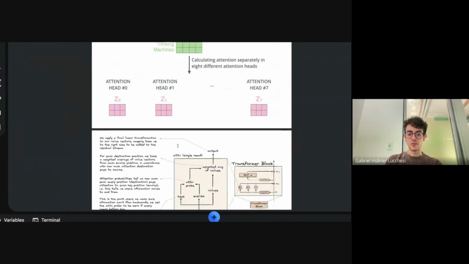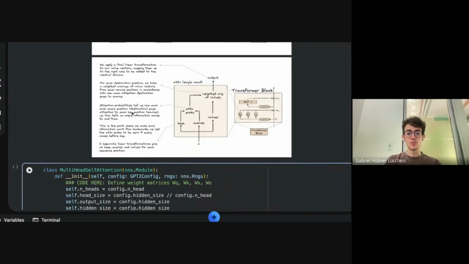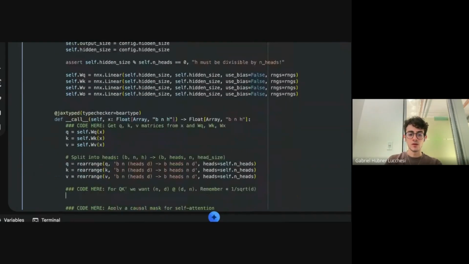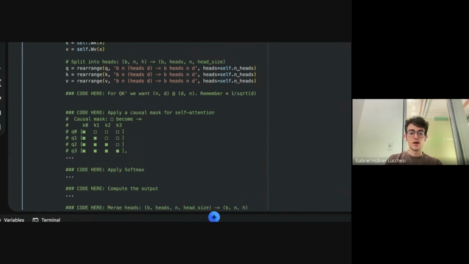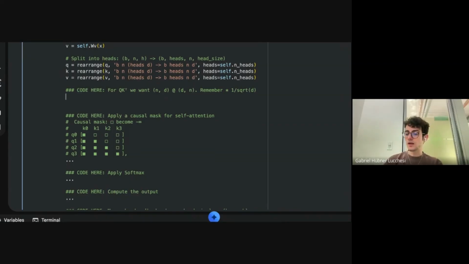Now we have to compute the dot product, right? The attention probabilities, which tell us how much each query position pays attention to each key position. So it tells us where information moves to and from. This is really important for text, because we want to see how much every word in my sentence correlates to every other word. Now we have to compute the dot product, which looks a little ugly, but at the end it's just going to be a matrix multiplication, matmul.